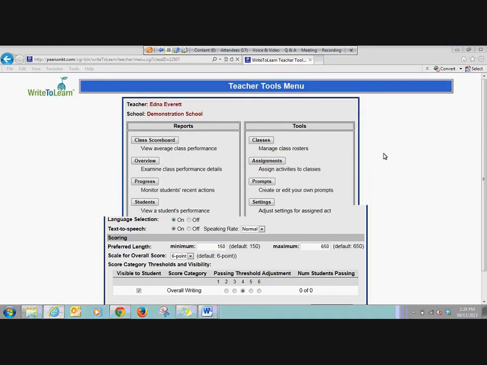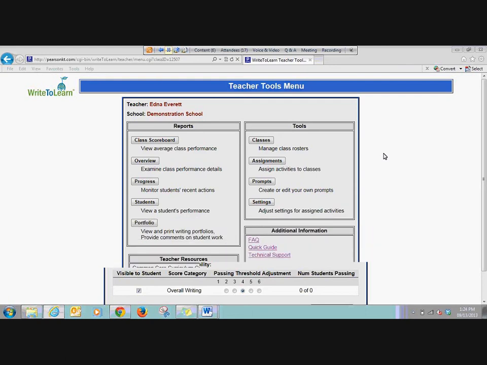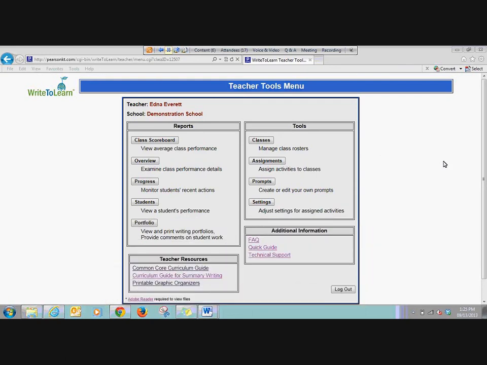He showed you how to set up a class, how to manage that class also, how to bring in your students or maybe move them out if they're not going to be in your class, how to assign activities, how to create their own prompt if you like, and where to find it so you can assign it to a class or classes, and then how you can adjust settings for assigned activities. So everything is really clear on the class too. I think we should move now to